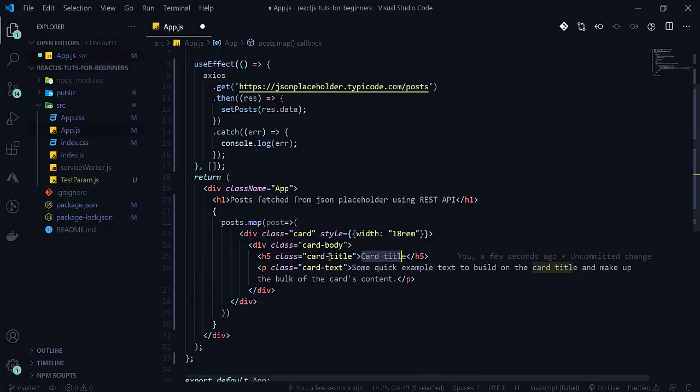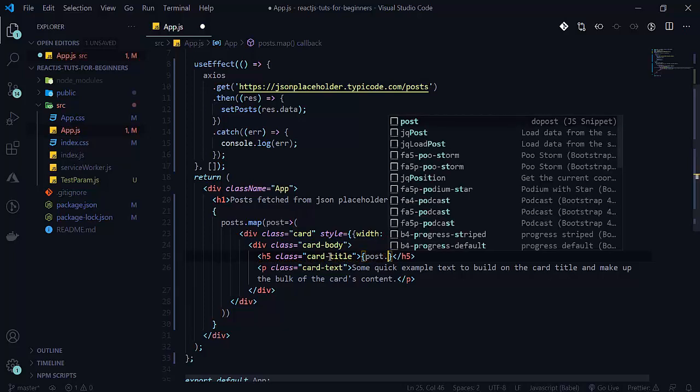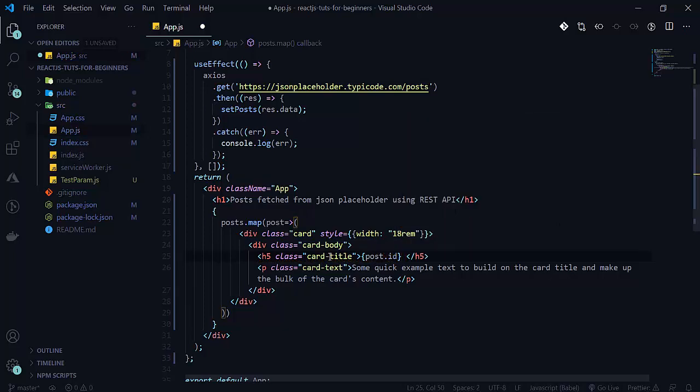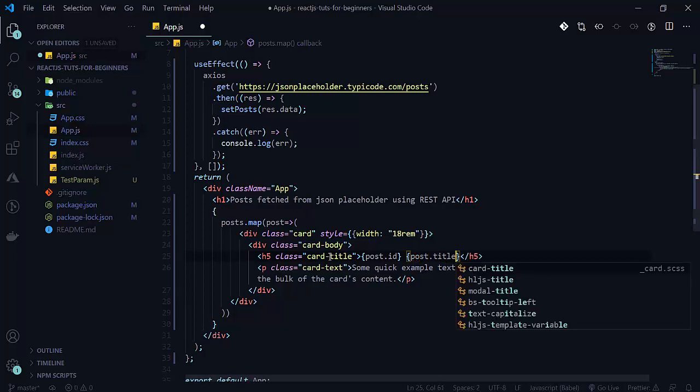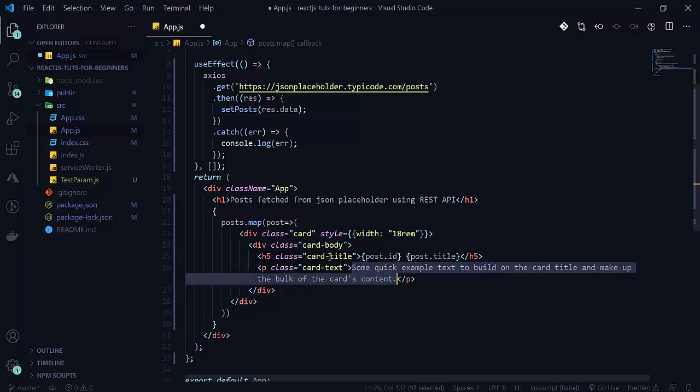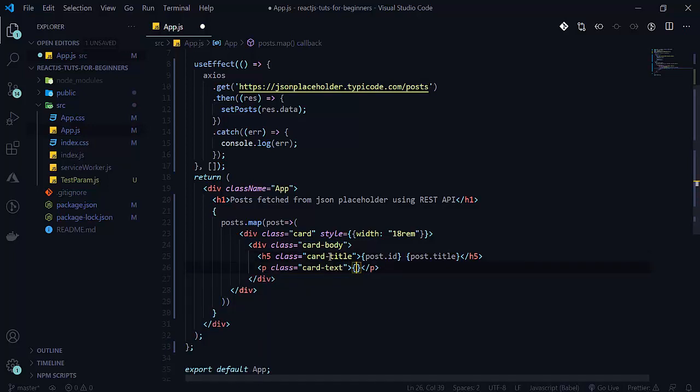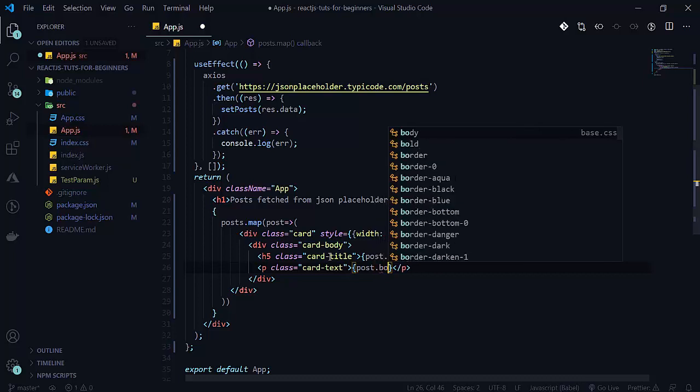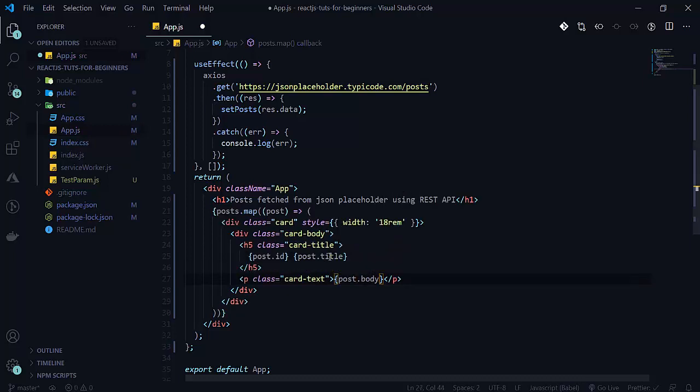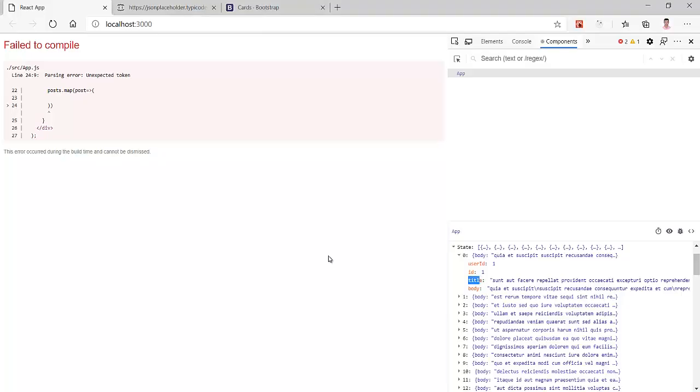So here will be our ID first. That will be our post.id, and there will be a space, then our post.title. Here in the text, here will be our post.body. So save it. Now let's see. It will get refreshed now.